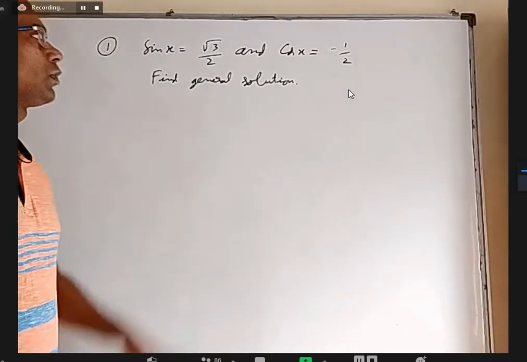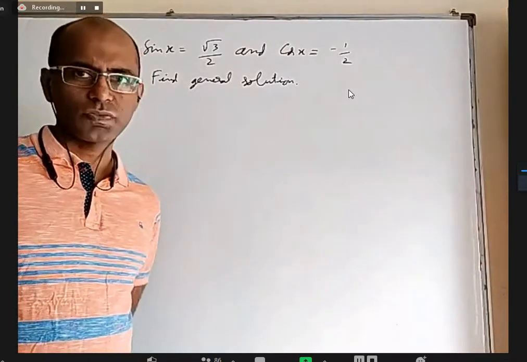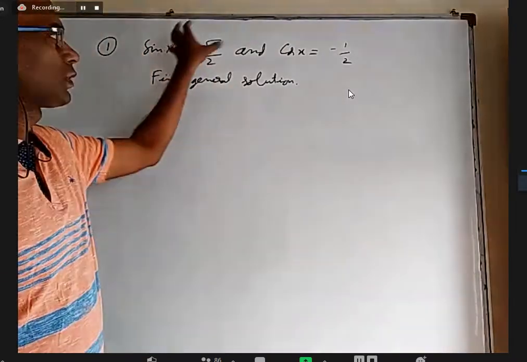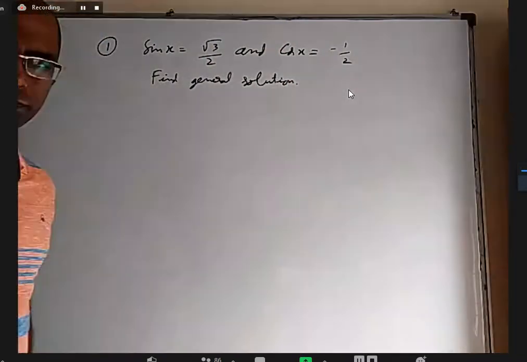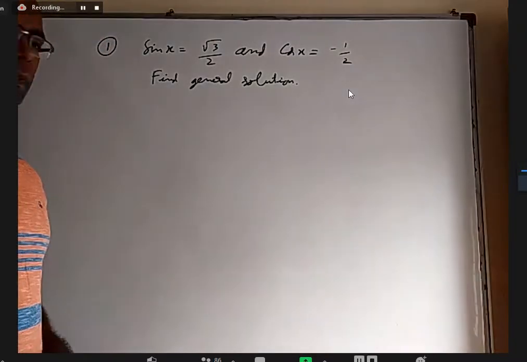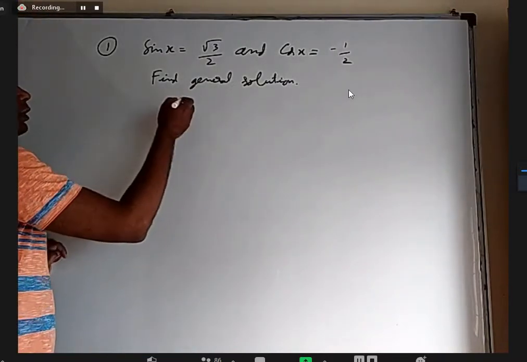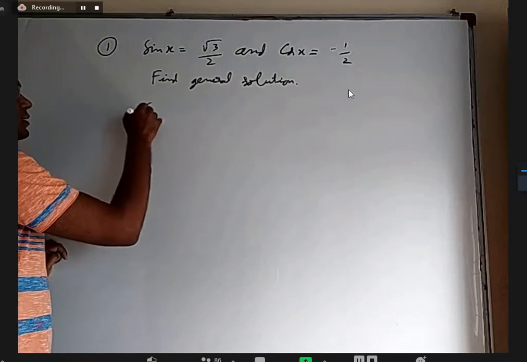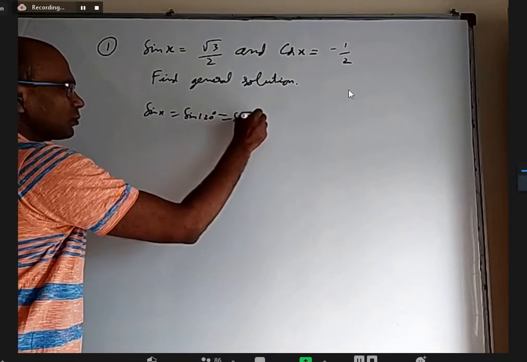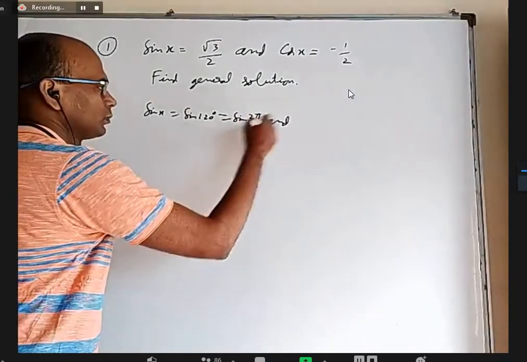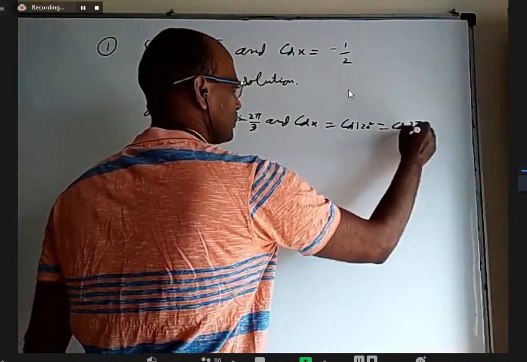Whenever two things are there, we learned that between 0 to 360 there will be only one angle which can satisfy that. When you have two equations like this, you have to identify that angle first. Anybody want to tell what is that angle? 120 degrees. Yes, sine is positive and cos is negative, so it is the second quadrant. That angle is 120. So I write sin x is equal to sin 120 degrees. In radians generally we write, so sin 2 pi by 3. And cos x is equal to cos 120 degrees, so cos 2 pi by 3.